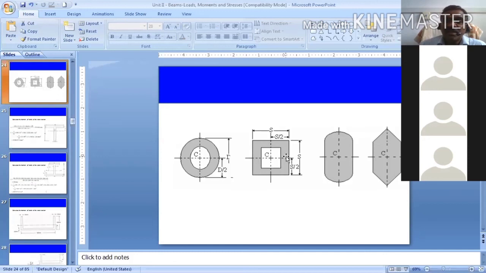In the sheet metal works, you see the column. In case of a column, most of the cases, they will not use rectangular. You can use a square. Square is okay, but circular is even better to take the vertical load. No, both are almost the same, circular as well as square.